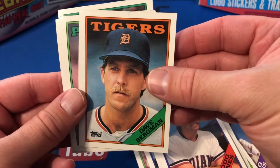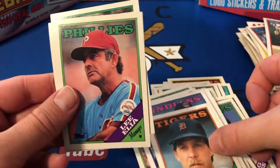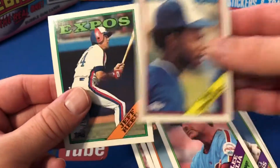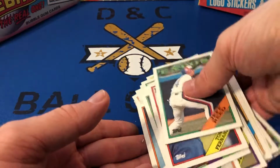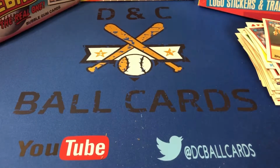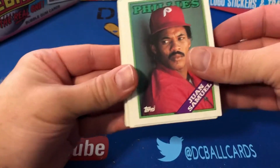Dave Bergman. A lot of mustaches still back in the 80s. Elia, Tony Fernandez, Jerry Reed. A little bit of a dry spell there. Not much going on with that set. All right, Juan Samuel,